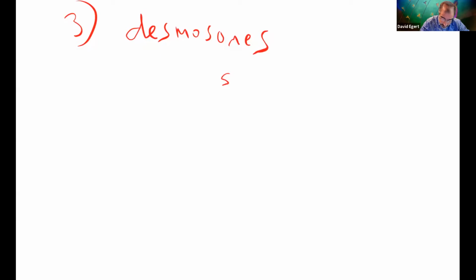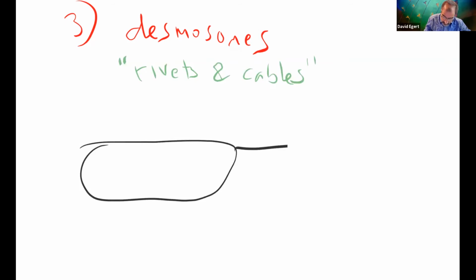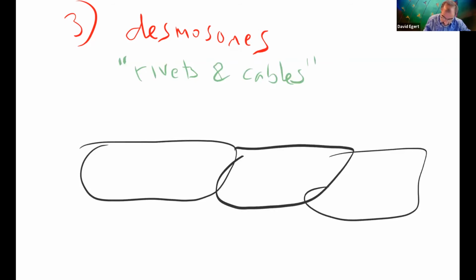Then 3, just for completeness, let's use desmosomes. These are more structural. I talk about them being kind of like rivets and cables. For instance, in cardiac muscle or in your skin,